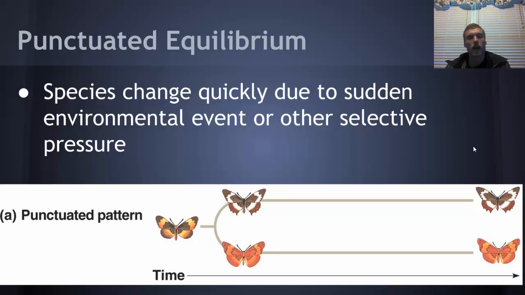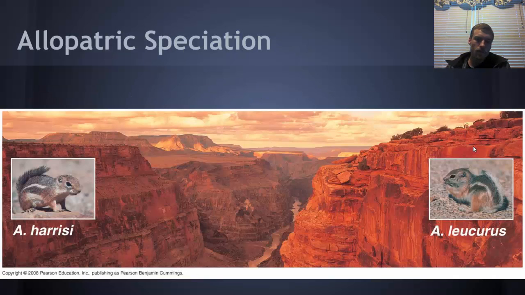But then the environment stabilizes, and there's no longer as many selective pressures on them. Therefore, they pretty much stay the same, maybe changing slightly over a long period of time. That's basically what we believe now, that we have these periods of punctuated equilibrium spaced out by periods of gradualism as the environment pretty much stays the same for long periods of time.